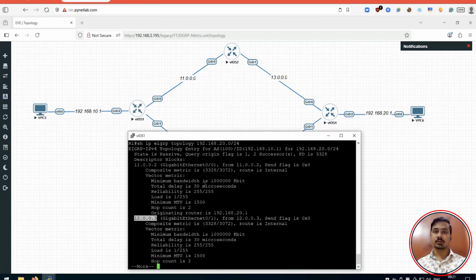So like I said, in my EIGRP topology, I have two routes in order to reach the destination. So when I run this command, it actually shows me all the routes information. The first one was the route via router number 2. Now the second one that we are looking at here is via router number 3. Here we can see the composite metric is once again 3328. And here also we can see the minimum bandwidth is 10 to the power 6, and the delay here